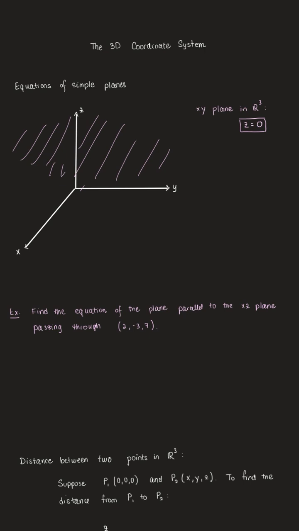We never move to the front or to the back. If you think of the x-axis as coming out of the paper or back away from the paper, any point exactly on the yz plane has no x-coordinate. So we can write the equation for the yz plane as x equals 0 because that's true for every point